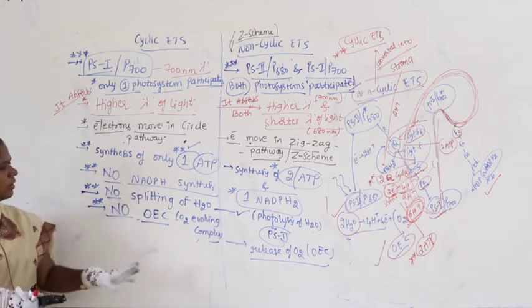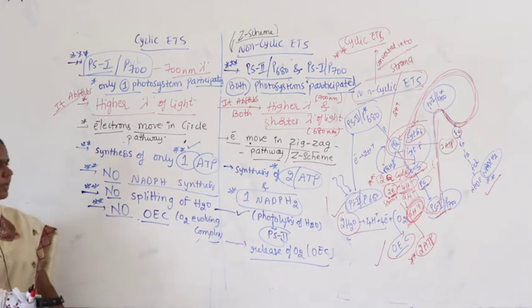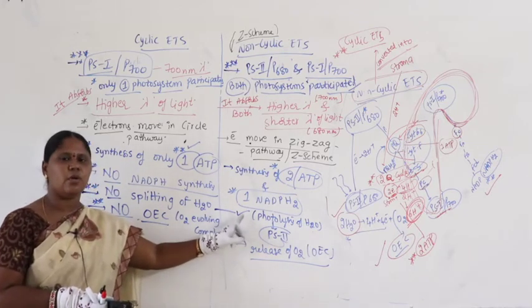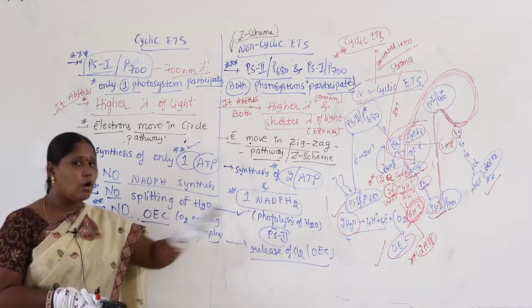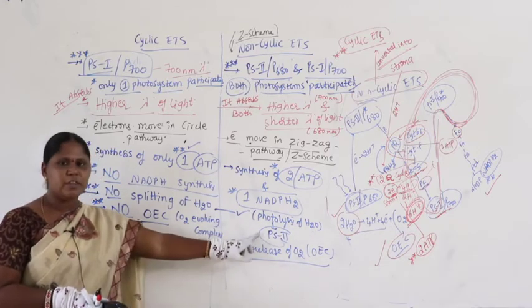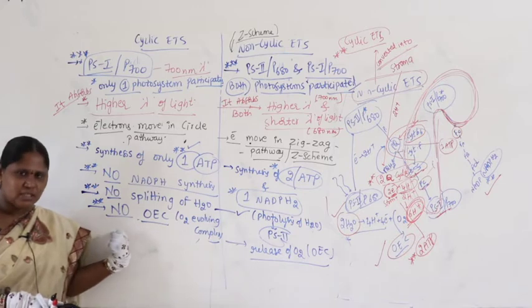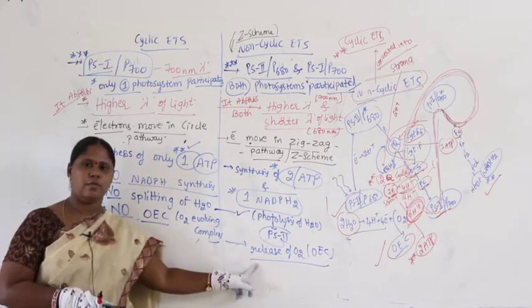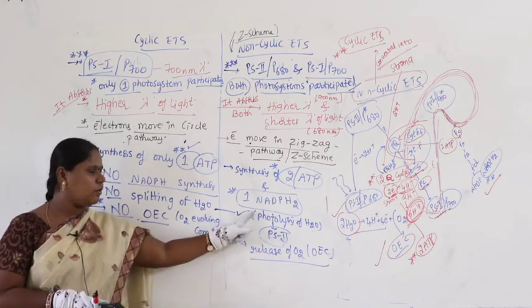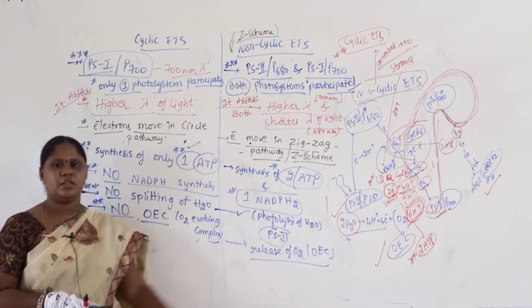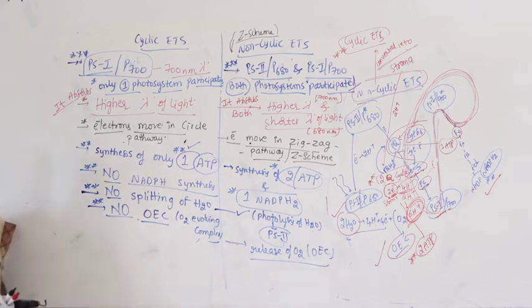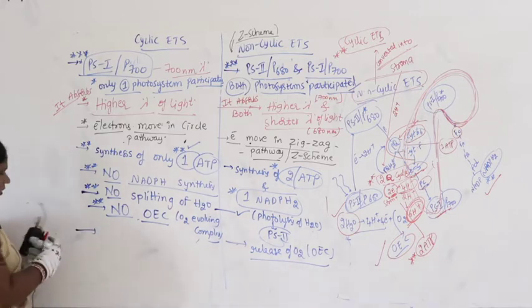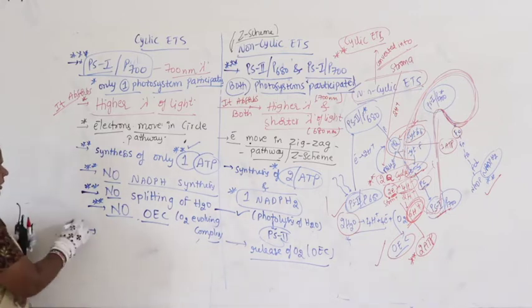No splitting of water, no oxygen evolving complex, but here yes, splitting of water occurs with PS2, not with PS1, only with PS2. But PS2 is absent here, that is why no splitting and no release of oxygen. The oxygen evolving complex associated with photolysis of water occurs with PS2, right. Now, apart from this, if you look at this cyclic electron transmission, this point is also important, you can write it clearly,